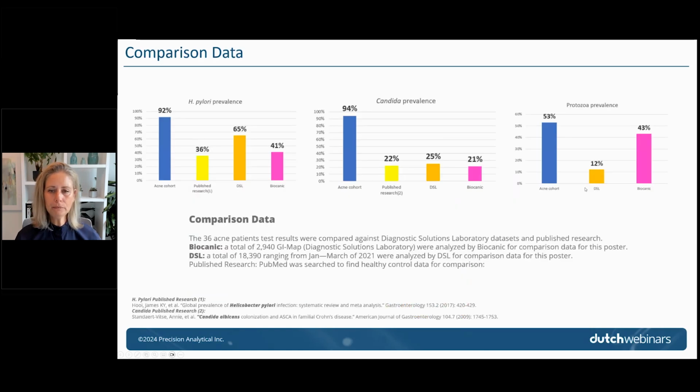Now, of course, the question is, okay, these are what we found in the 36, but how does this compare to normal healthy controls? And I tried my best to kind of try to find comps. So in published research, we see varying levels, but there was a cohort here of normal healthy controls that had an H. pylori rate of 36%. Diagnostic Solutions Labs helped me out with this data. They ran an analysis on